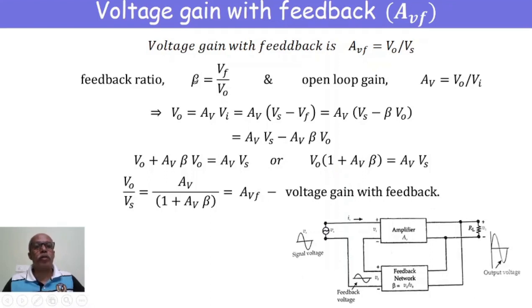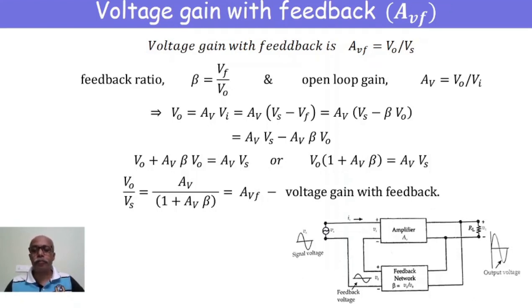First we are discussing the voltage gain with feedback represented by the symbol AVF. AV represents voltage gain, F represents with feedback. So here we have shown a circuit diagram with negative feedback in series. That is the first case that we have studied, having highest input impedance and lowest output impedance. So that is the desirable condition for the working of an amplifier.